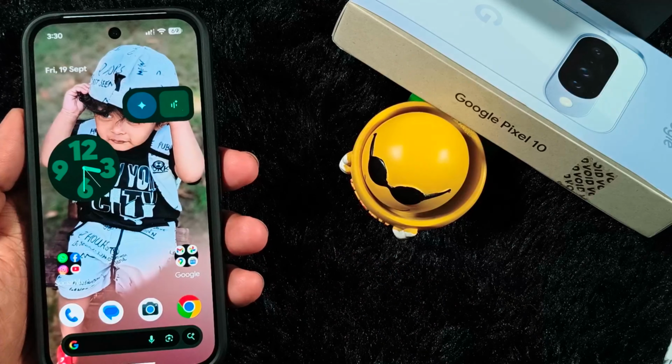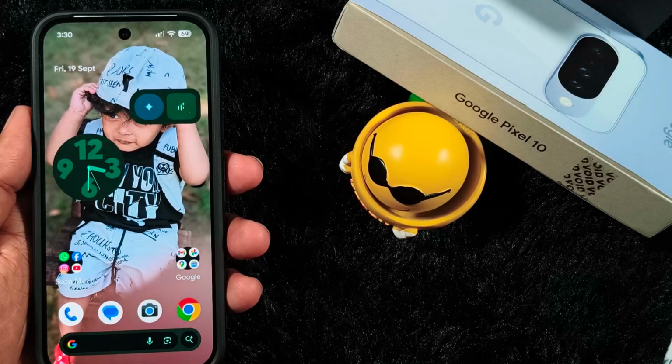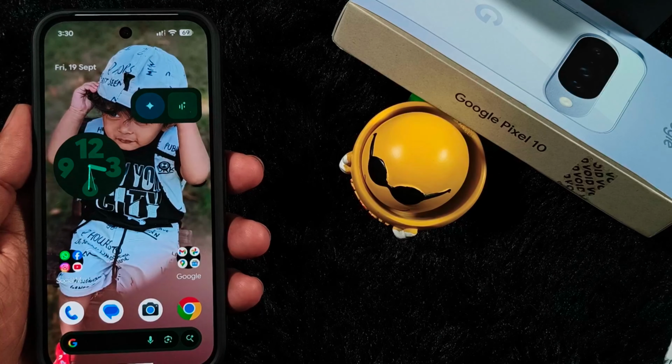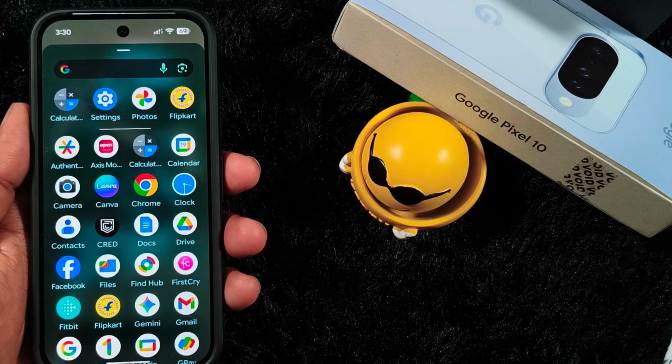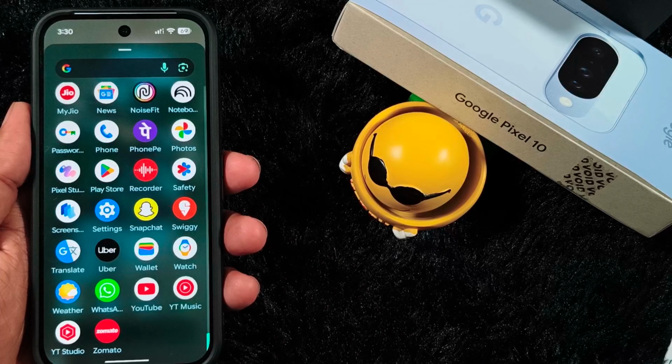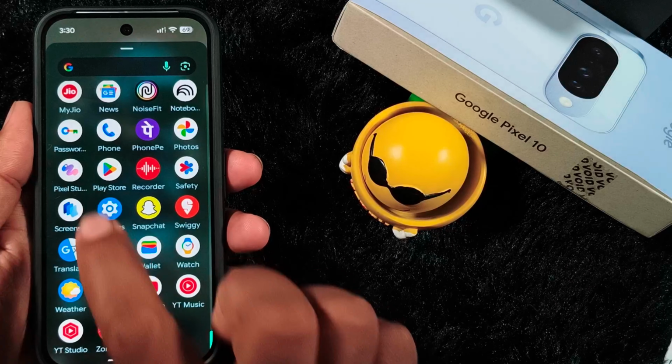Also, you can see the auto capitalization, which means it will automatically capitalize your first letter when you type in the text box. So if you want to turn off this auto correction feature or capitalization, open the app drawer on your device, tap the Settings app,